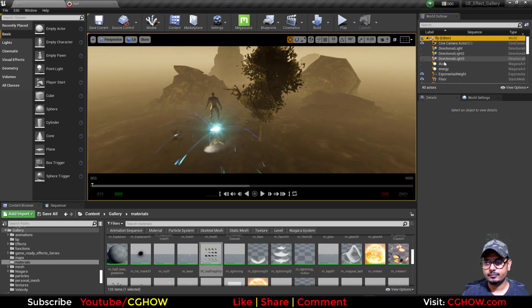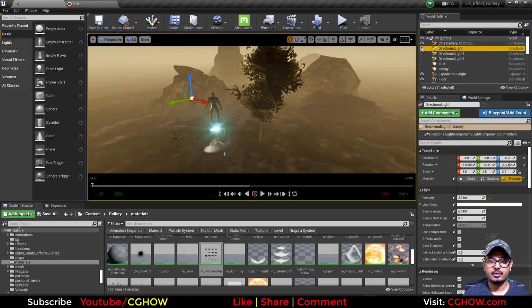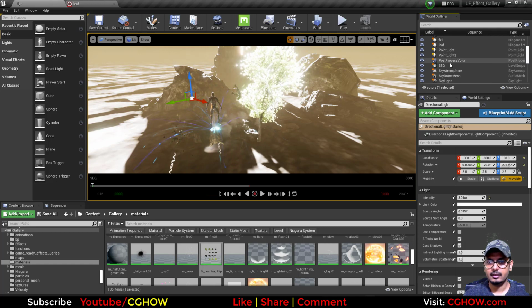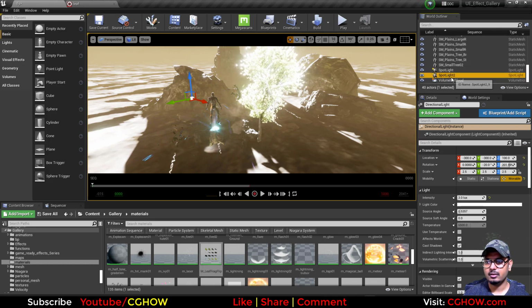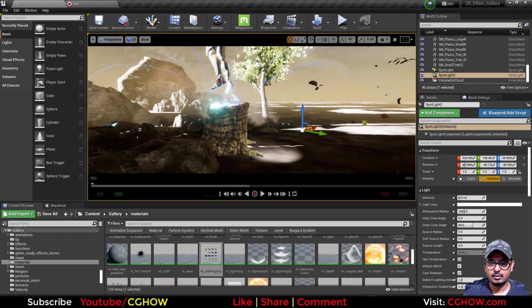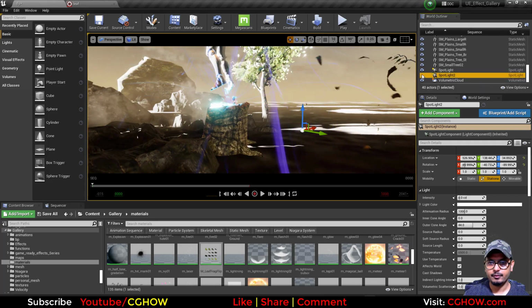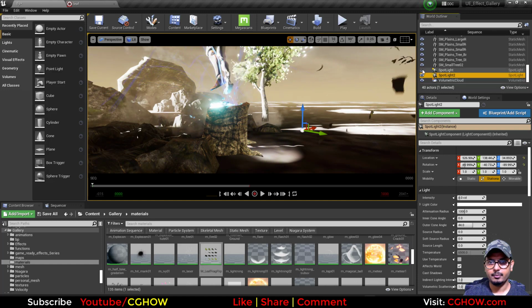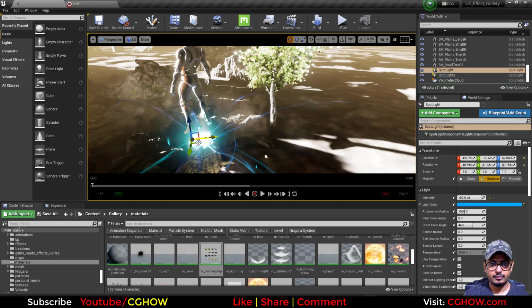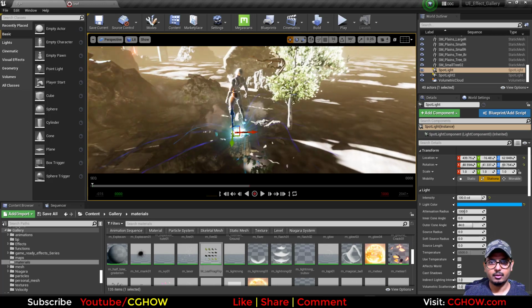So 3 lights here, directional, you can see with different axis, and then these are energy, nothing, and I have also a spotlight here. Okay, for this tree, and one more for here for this character down,